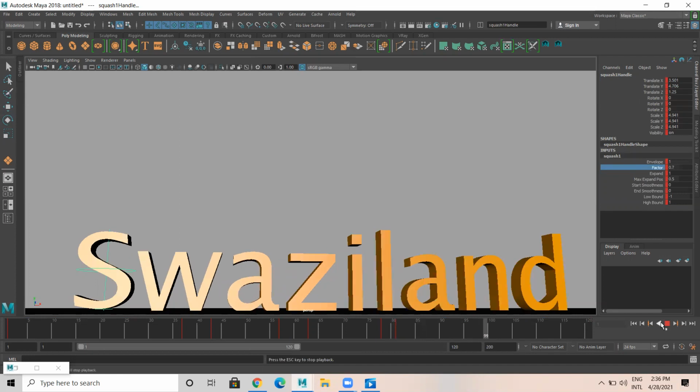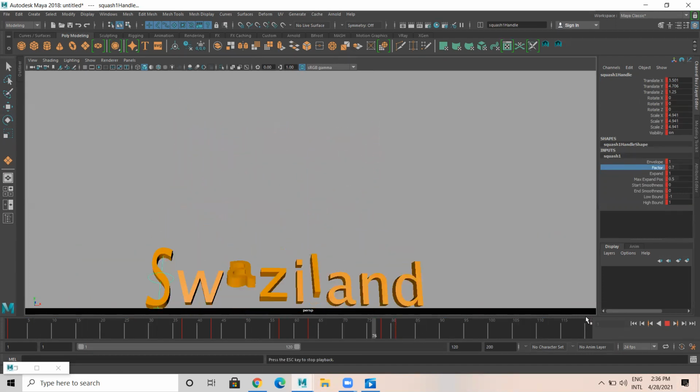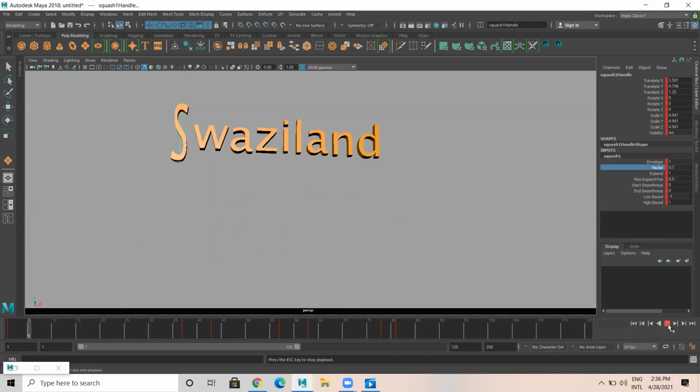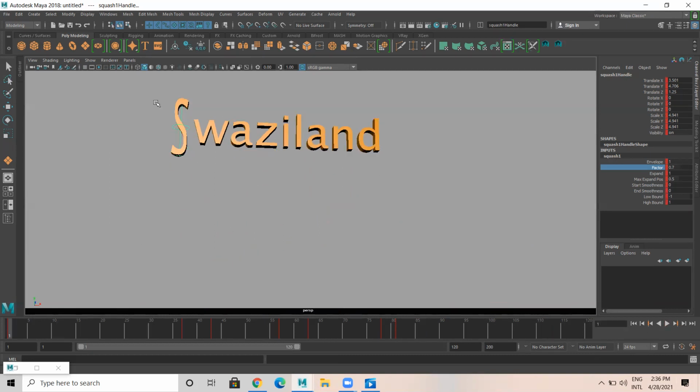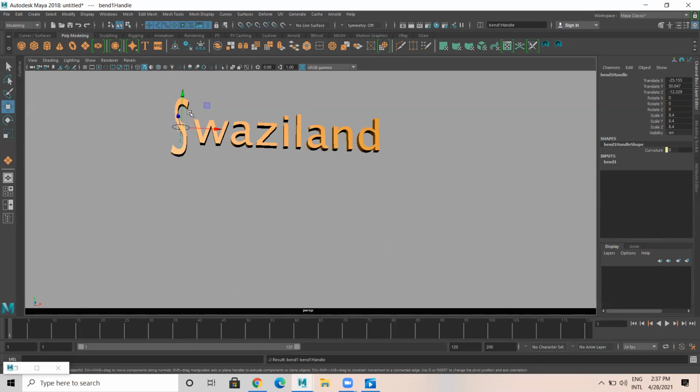There is a squash and stretch also for this. Okay. So if you want, we can give bend also for this. How do we give bend? Let's say I select this S, and I would like to give one more deformer, nonlinear bend. So what I'll do, there is a bend key. I select the bend, I select S, I press P. So now bend. Frame number 1, bend. It's here.